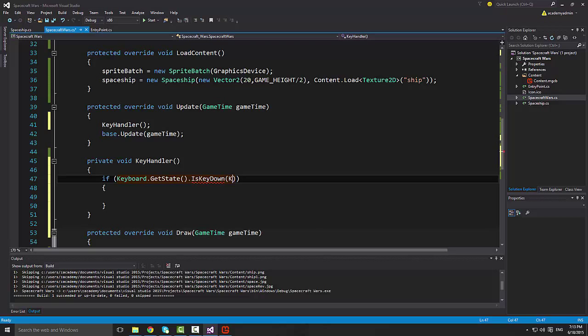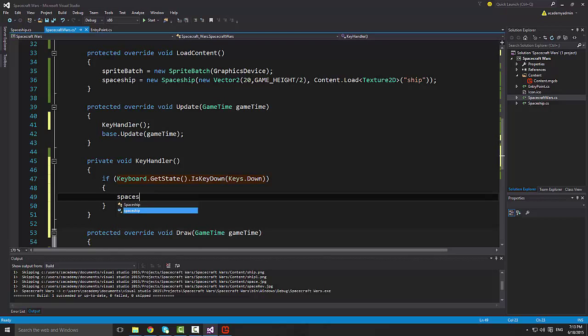So I want to say here Keys.Down, and inside here I want to say spaceship.velocity.Y equals 500. This is a value that I found was good enough for us to move the